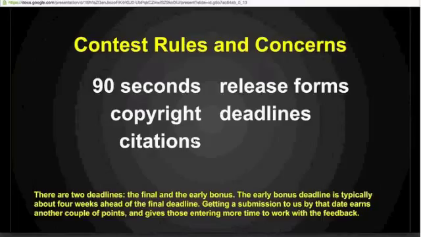So we get the video, we write them back. Hey, this looks good. Good luck in the contest. That's the minority experience right there. Mostly, we'll write back and we'll say, okay, at this part of the video, it was hard to understand what was being said. Could you clean up that audio and send it back?